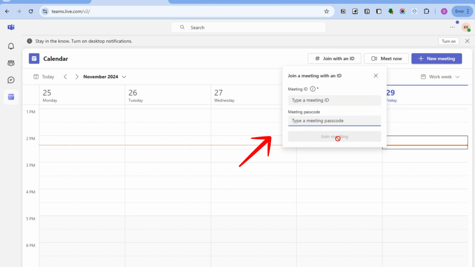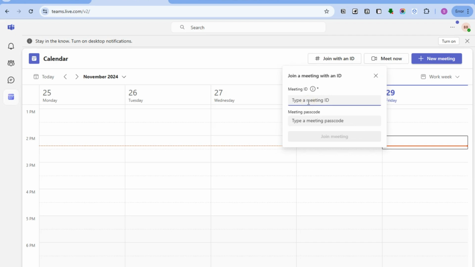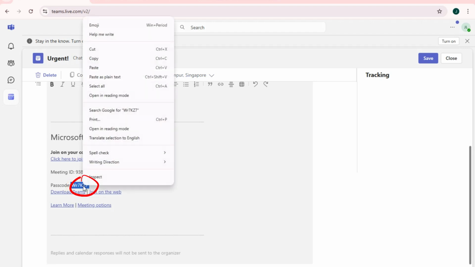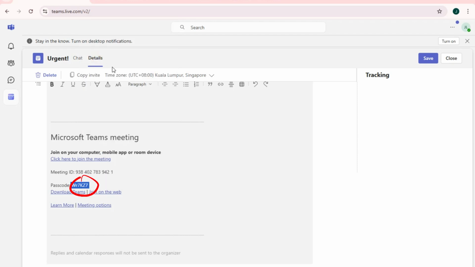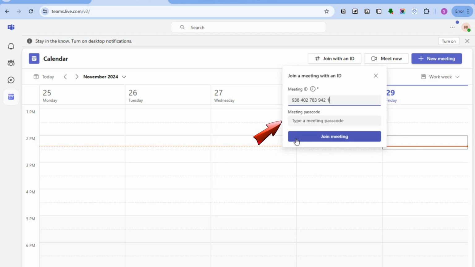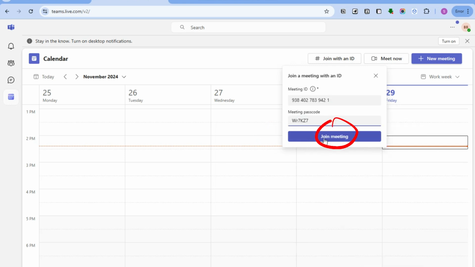So I'm going to show you how to do that. I'm going to open my other Microsoft Team account, and then I'm going to copy the meeting ID, go back and then paste it right here, go back again and then copy the passcode. So Control A or highlight, right click, copy, go back to your Microsoft Team and then paste it right here in the passcode. After that, once you have added the meeting ID and the passcode, you can now tap join